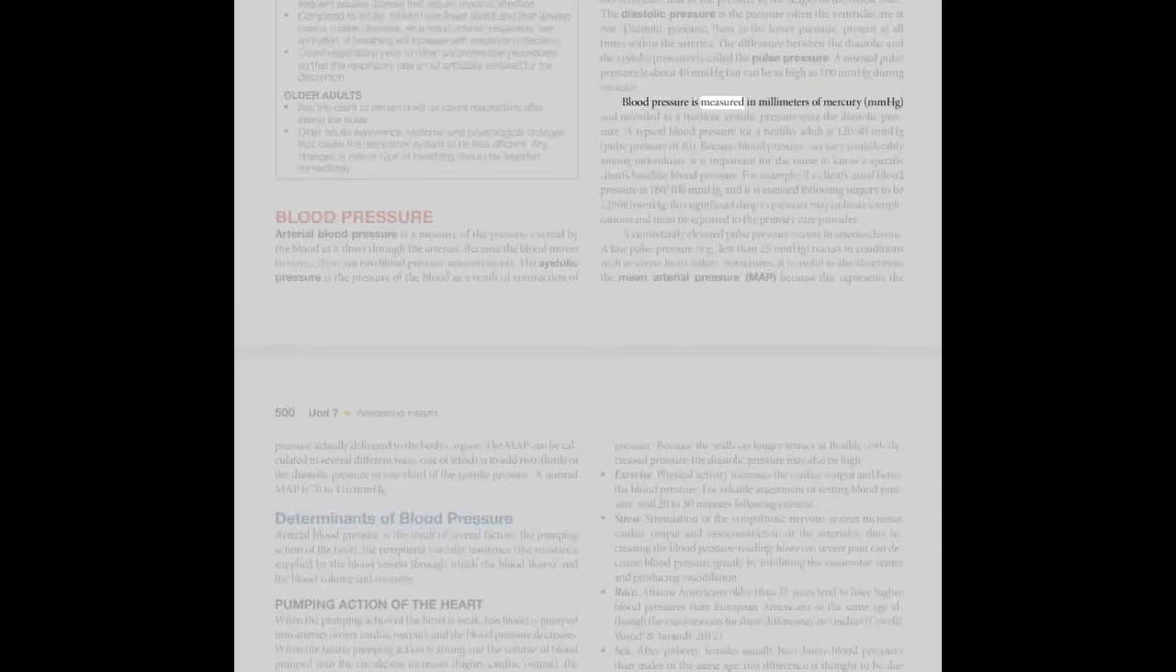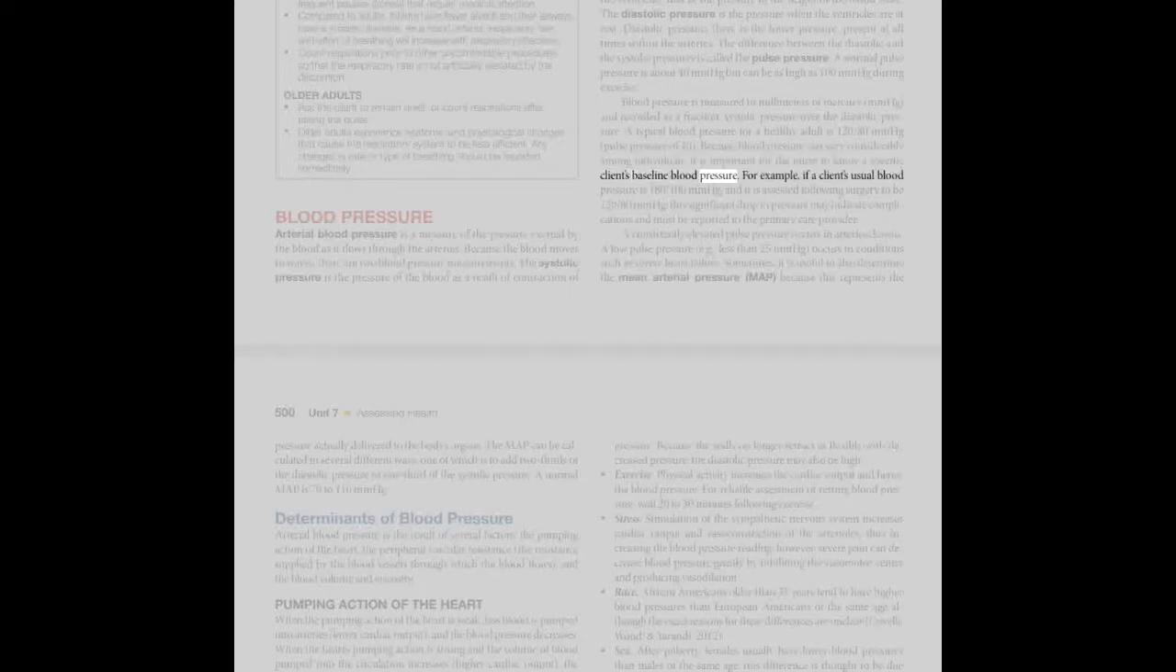Blood pressure is measured in millimeters of mercury, mmHg, and recorded as a fraction, systolic pressure over the diastolic pressure. A typical blood pressure for a healthy adult is 120/80 mmHg, pulse pressure of 40. Because blood pressure can vary considerably among individuals, it is important for the nurse to know a specific client's baseline